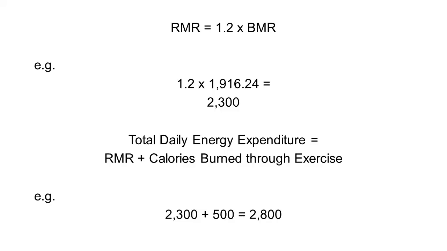So, for example, if I burnt off 500 calories by swimming, then my daily energy expenditure would be 2,300 plus that additional 500 calories. So, in total, 2,800 calories. How many calories you burn off doing exercise varies by intensity, duration, and your own personal characteristics. Therefore, in order to work out how many calories you burn off via exercise, you can find some great calculators